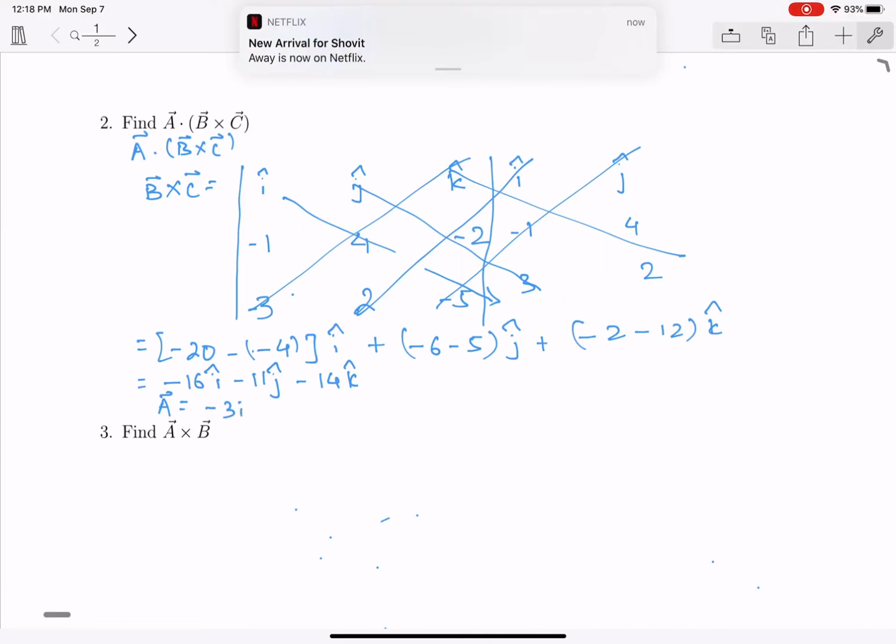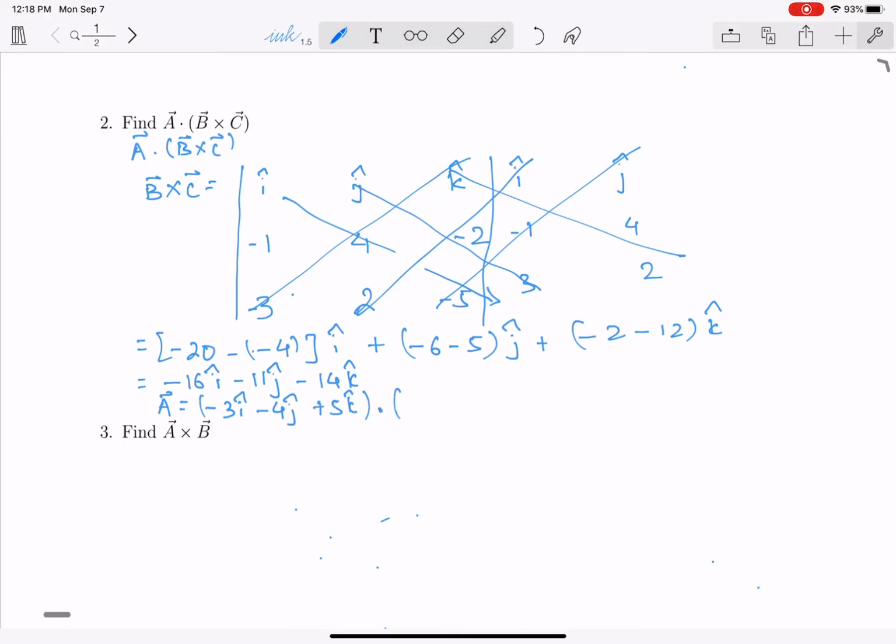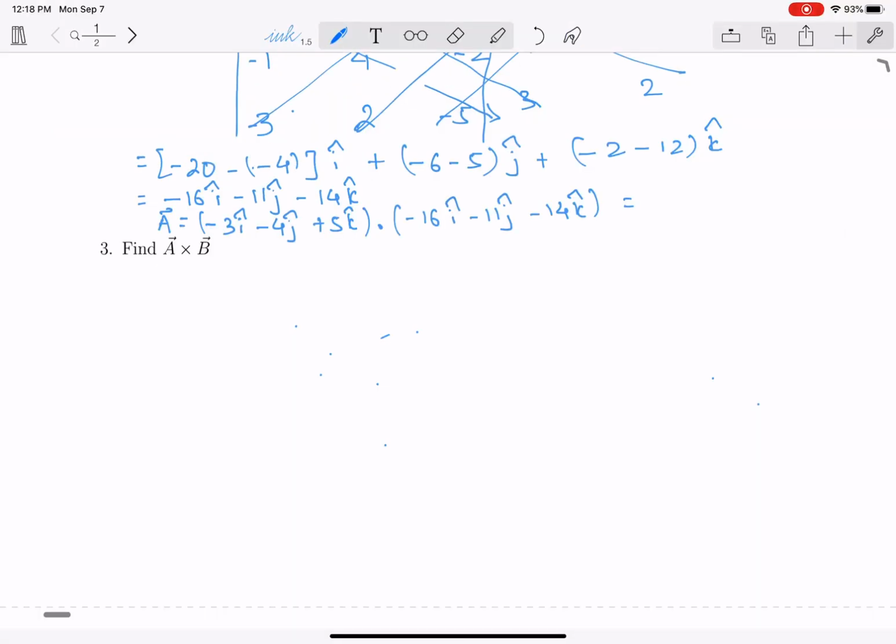Okay, now you dot that with A, so A is negative 3 I hat, negative 4 j hat, plus 5 k hat, dotted with negative 16 I hat, negative 11 j hat, negative 14 k hat. That gives you 3 times 16, that gives positive 48, 4 times 11, so that is 44. Okay, minus 70, that gives you 22. Okay, similarly